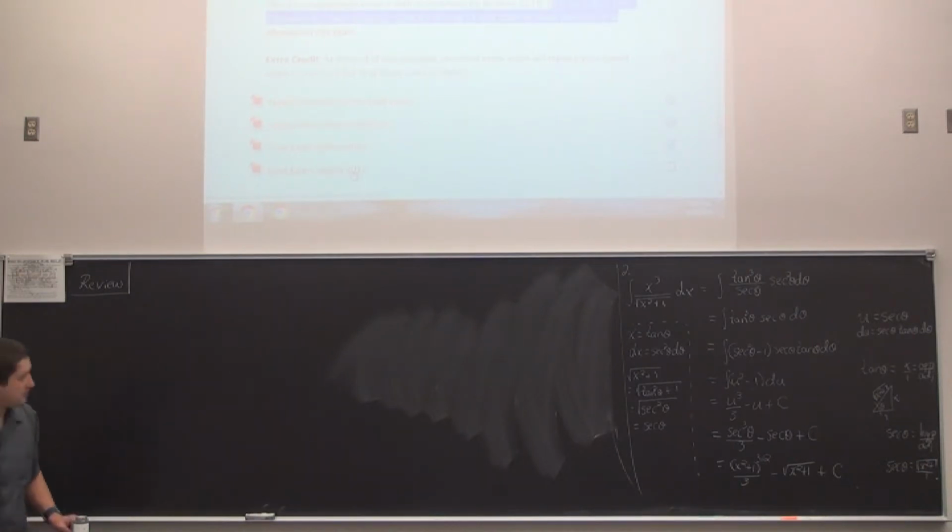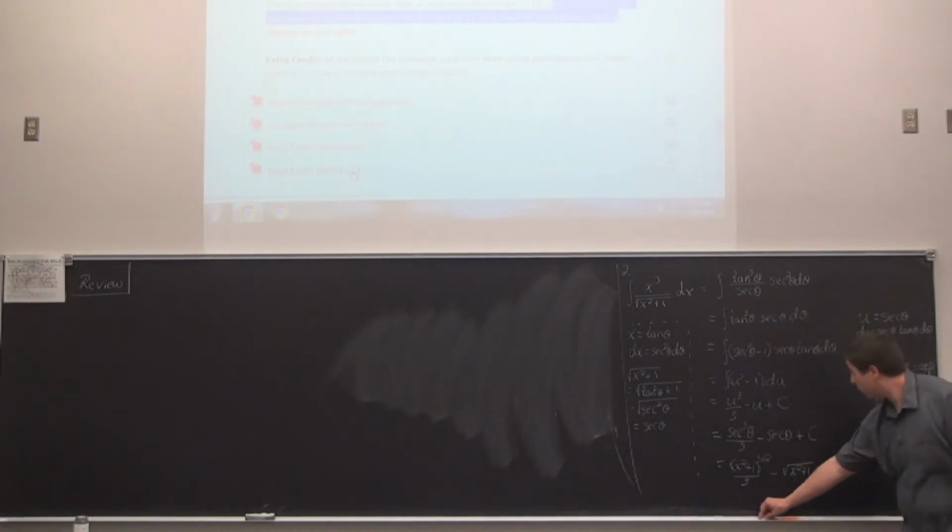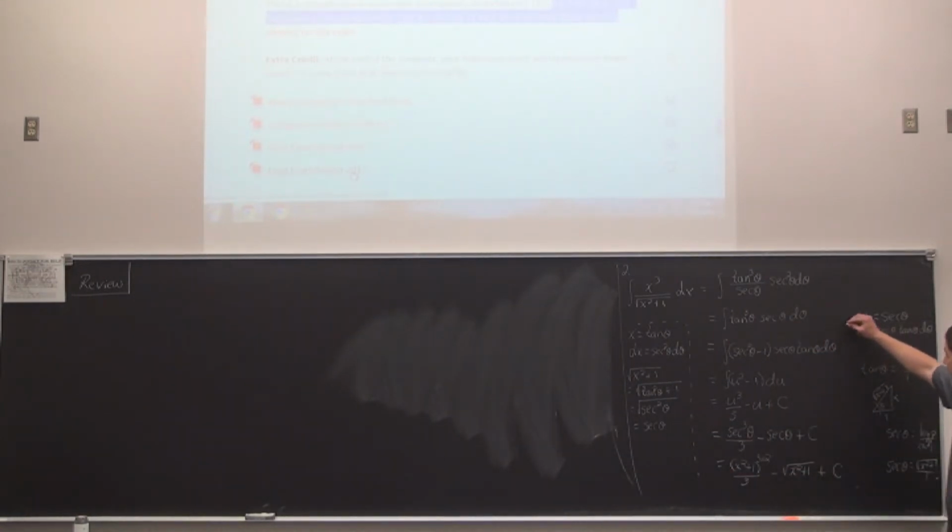Okay, also I wanted to make a comment that last class we nearly made it through this integral, but we discussed that once you got to this step right here, you need to pick a u substitution. And there's 2 good u substitutions that may work on the table. One might be u is tangent theta, which would give us a du, which is secant squared theta d theta. Turns out this one does not work because we don't have secant squared theta in the problem. So we use this as a substitution.